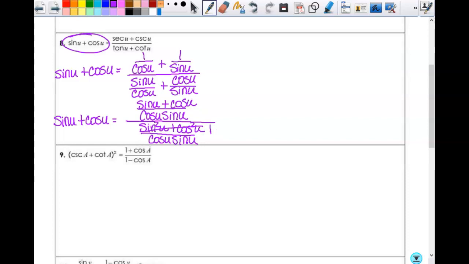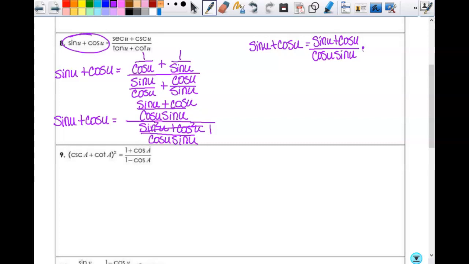So I'm just going to go ahead and make that 1, because that'll simplify things a little bit. All right, so then I'm going to rewrite the left side, sine u plus cosine u, and then yes, I'm going to multiply by the reciprocal. So the numerator is sine u plus cosine u over cosine u sine u,